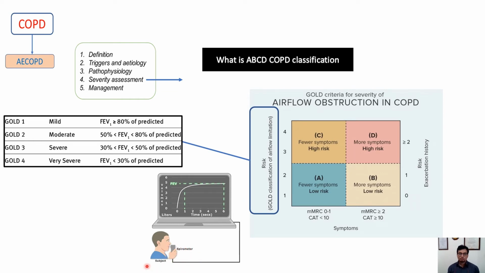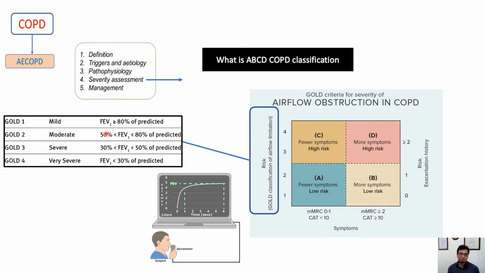Patients should be able to do a spirometry. Obviously critical patients are quite sick to do that, but at least you can ask for a spirometry result which was done previously to document this GOLD severity class. Okay, and that depends on the post-bronchodilator FEV1. FEV1 is the amount of air which you can force from your lungs in 1 second. That is FEV1.